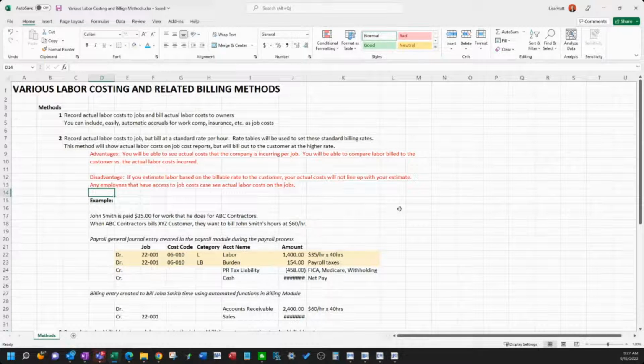So what some companies are running into is that you need to charge the owner of your project $60 an hour, let's say, for a laborer or a carpenter. Or really, you can set many different parameters and ways to do it.